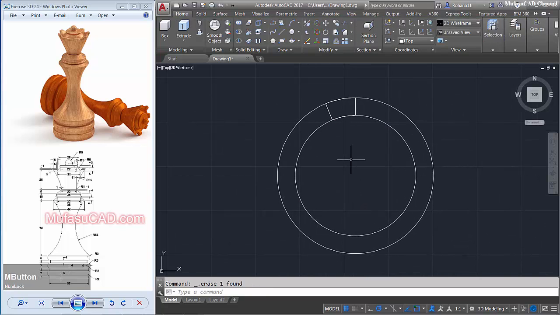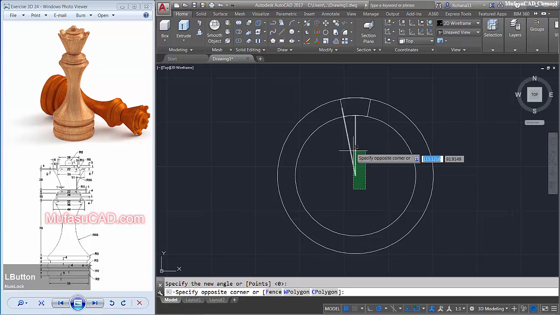Okay, we create a line from this point to the center point here and move into the center point. Use the rotate command. We rotate this object from this point with a reference. Start from this point into this point and move into this point. Okay, select these two line objects, delete.